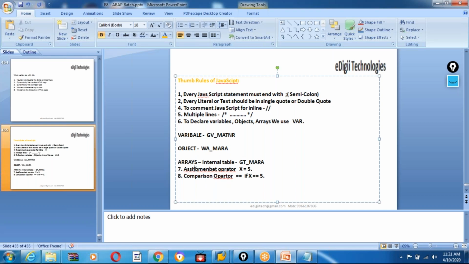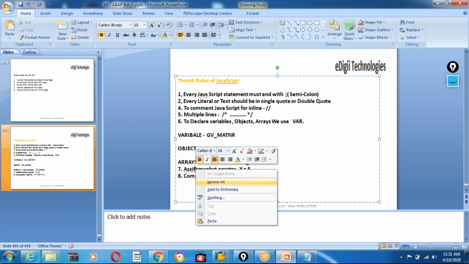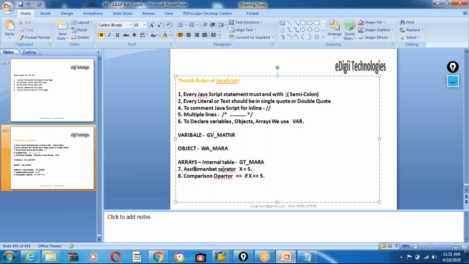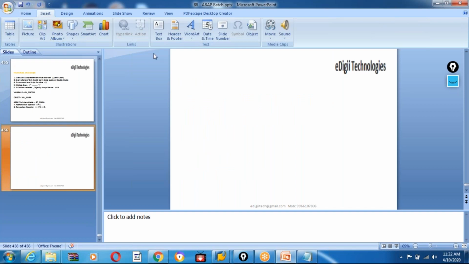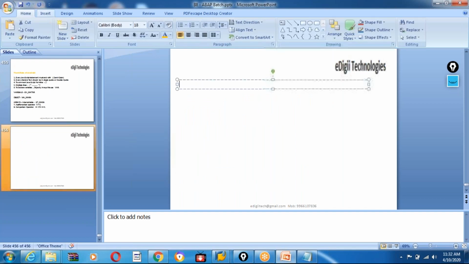Okay, so these are some of the fundamentals which we need to use. And how you can build in JavaScript, maybe we'll see in practical. And in JavaScript also we have some kind of output statements. So what are the output statements which we have in JavaScript? Okay, we'll go to the output